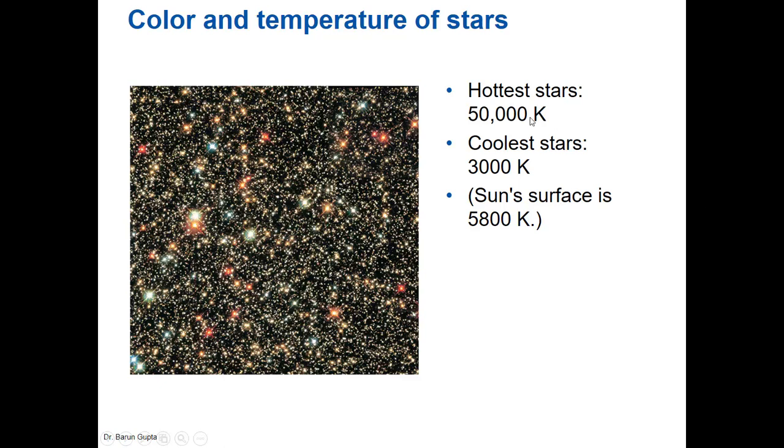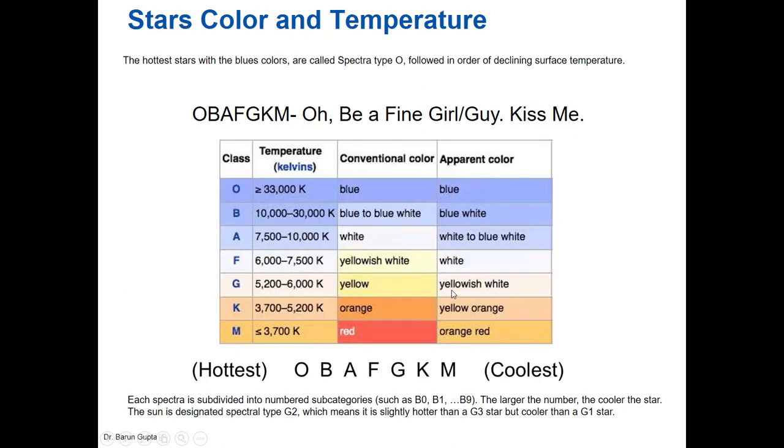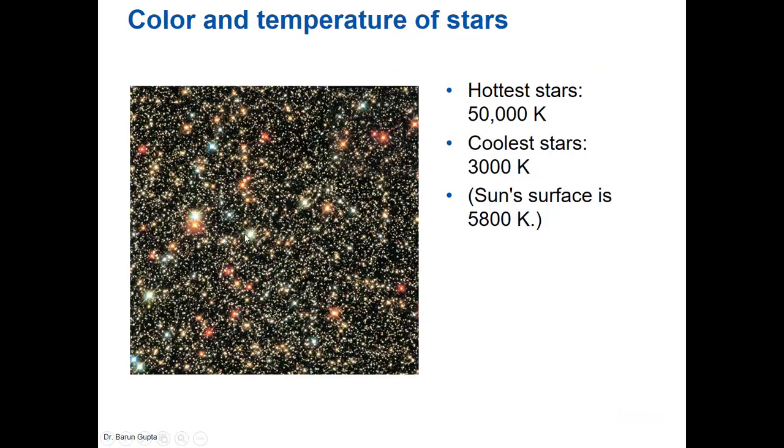Okay, so the temperature ranges from 5800 to, let's say, 50,000 Kelvin. So this tells you a lot more information about the star's color and temperature. First we're going to define the color and the temperature, and then we're also going to define the class and the temperature. The hottest stars have the blue colors. So if you see the blue colors here,